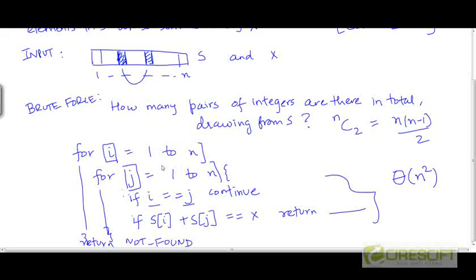Instead of testing all possible values of the second element, why don't we just directly search for the value which will make S of i and the sum of that value add up to x? Right? So let's say that we keep the outer loop as it is. We vary i from 1 to n. But instead of trying out all possible values of j, we just search for